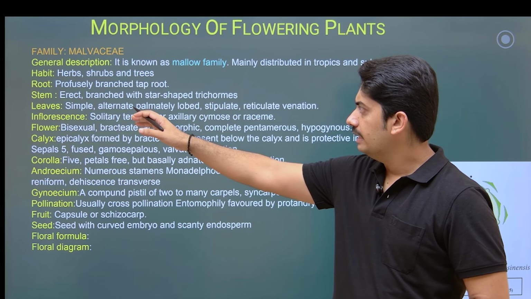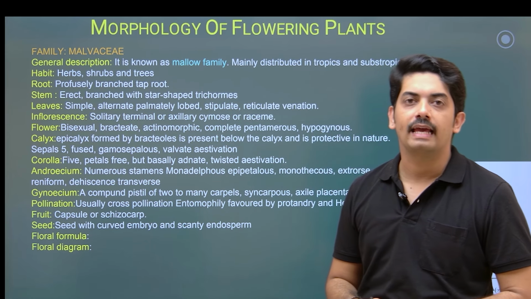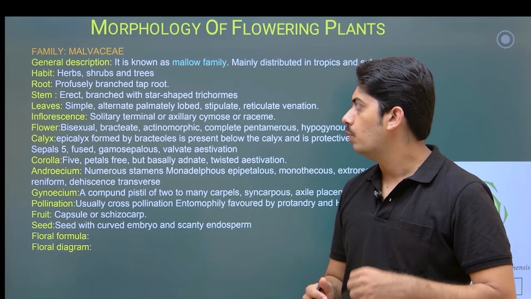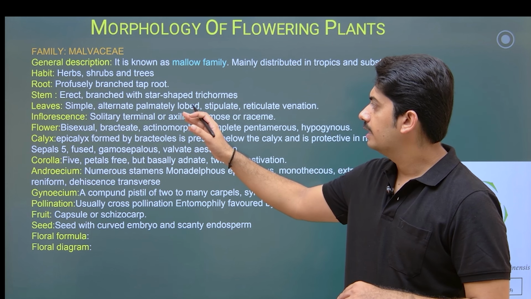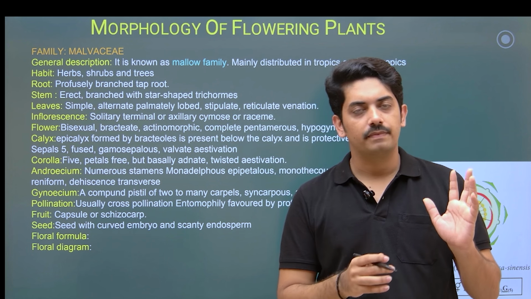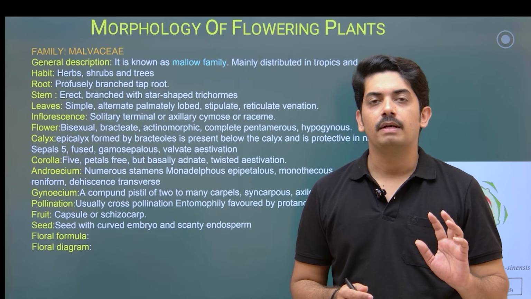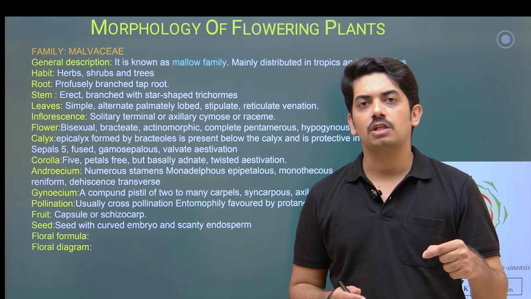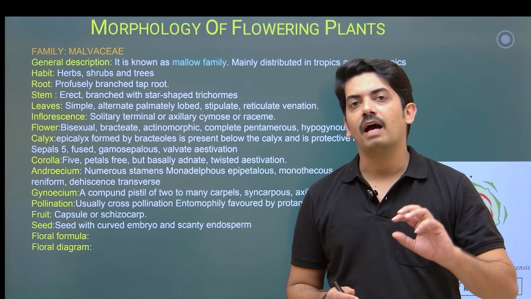Stem, erect, branched with star-shaped trichomes. Trichome means hair-like structure present on the stem. Erect means growing upward. Then leaves are simple, alternate, palmately lobed. Palmately lobed is not like a palmately compound leaf. It is a simple leaf, but you can see the incisions on the margin. That incision is not so deep, it is not touching the midrib. So you can see the palmately